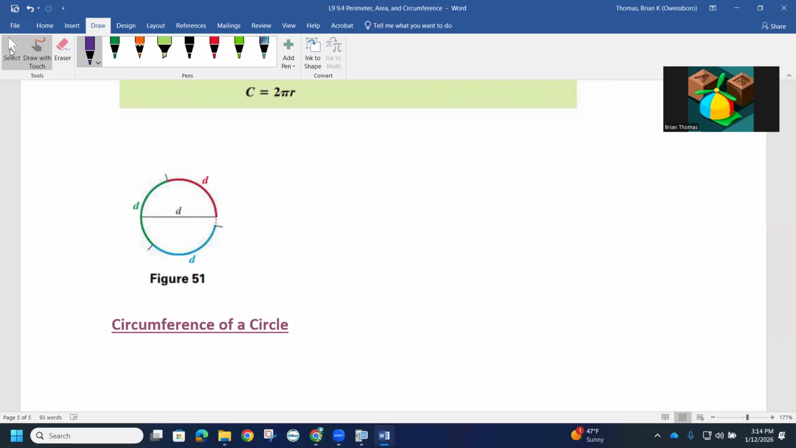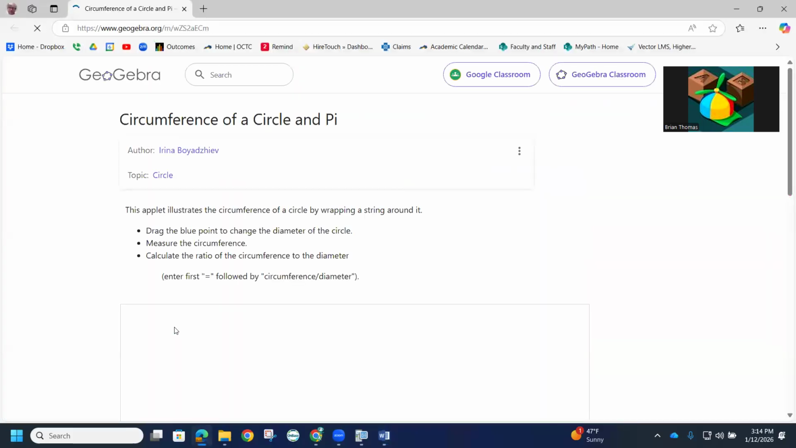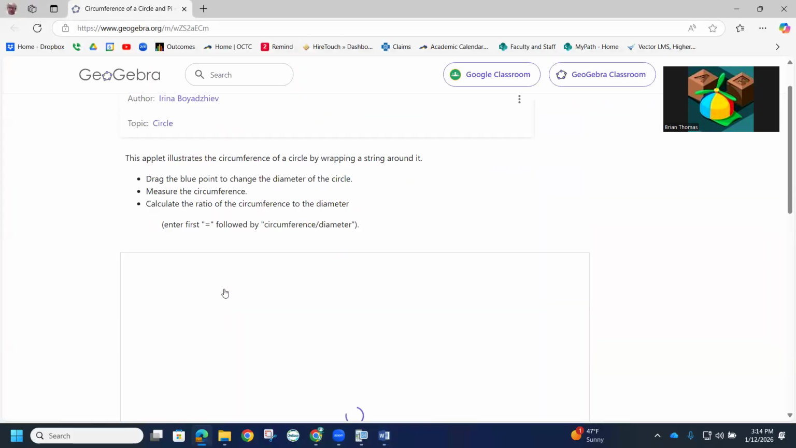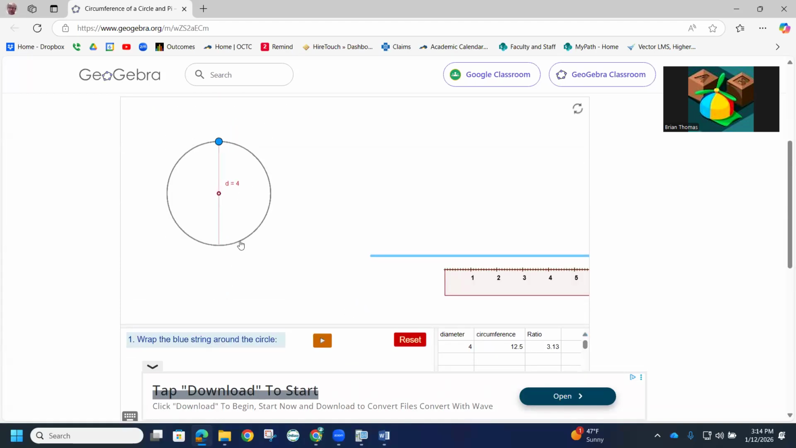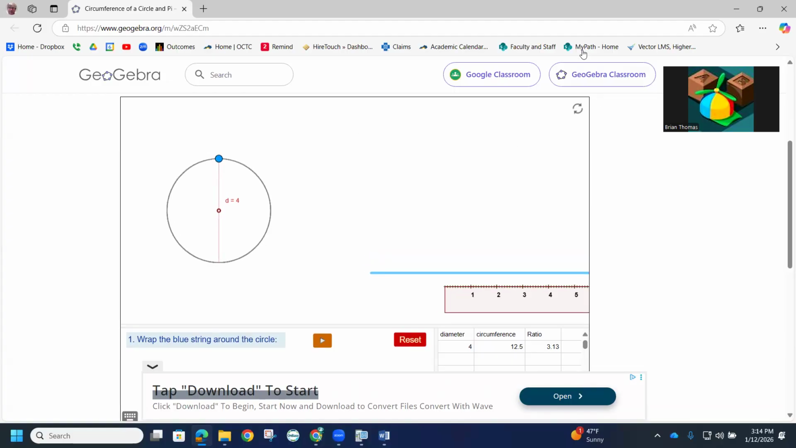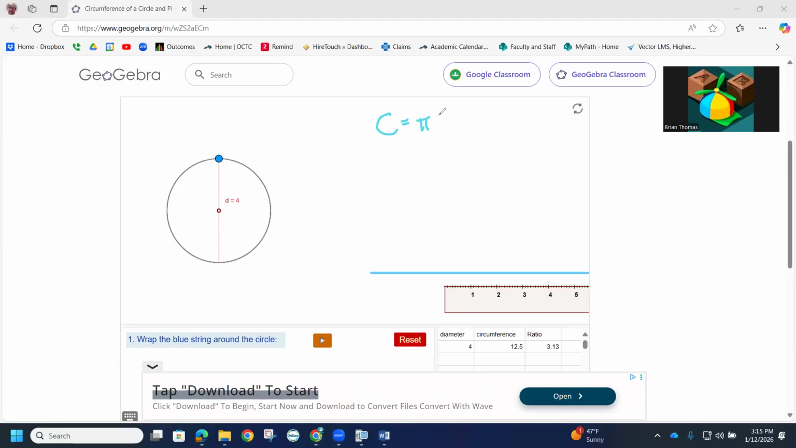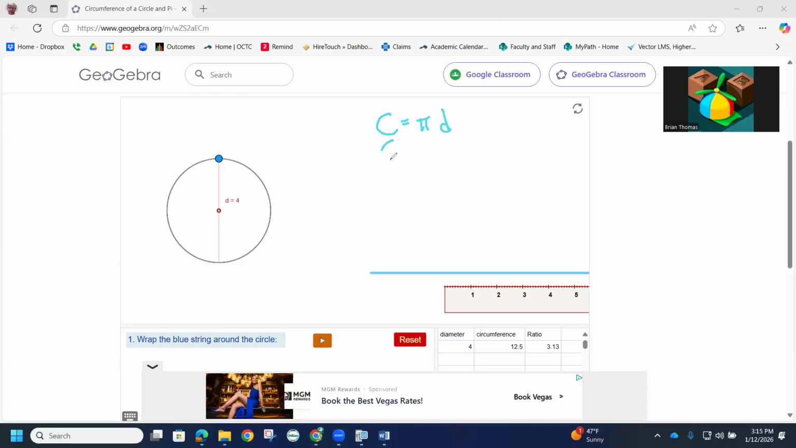Let's see if I can get this little tool to work here on that. So in our problem, notice how we have a diameter of 4. So right now we know that the circumference is a little bit over that. So we know that the circumference, let me see if I can get my little notation here to work. Right now we know that the circumference is pi times the diameter,